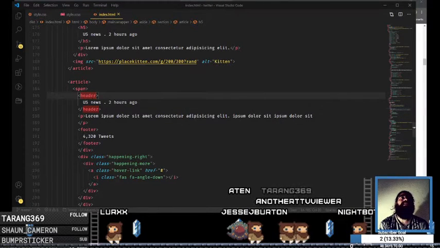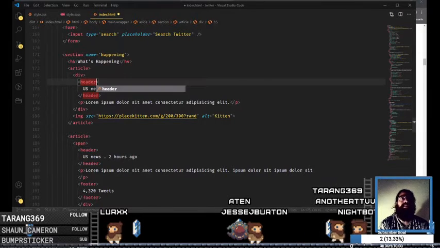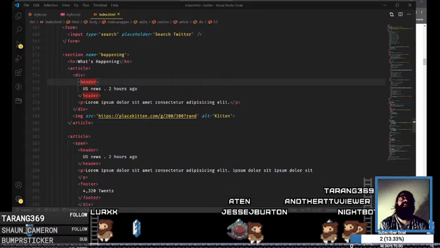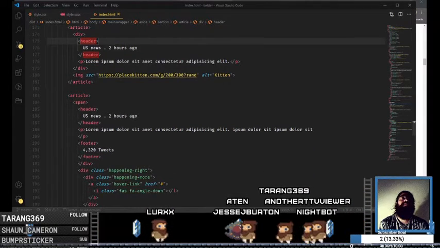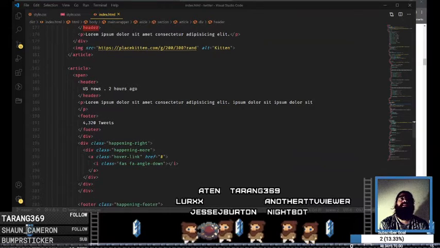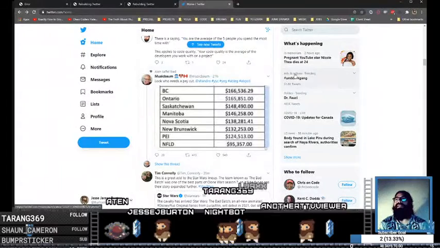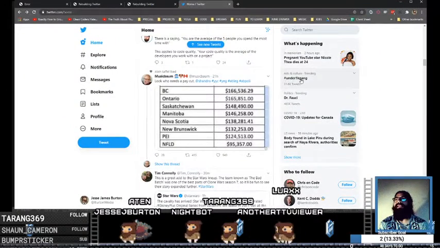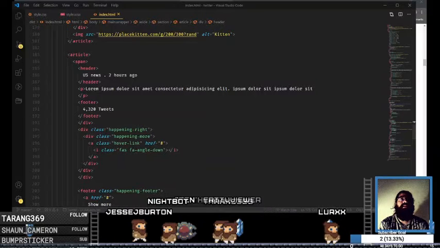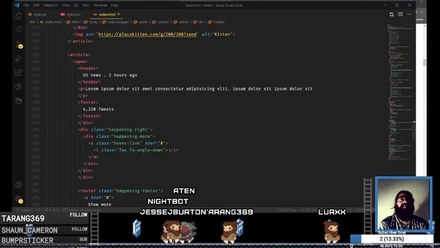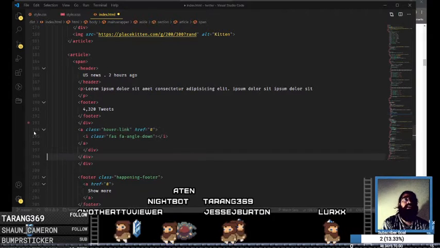Header and footer instead of H5. We'll put this in a header, and then we have our paragraph. And then our header and footer in there. So it's kind of what this is. We got a header, and we got a footer, and then we got our text in between. And then we have our arrow over on the other side. And this becomes our happening, and really all we need for it is just the anchor tag,